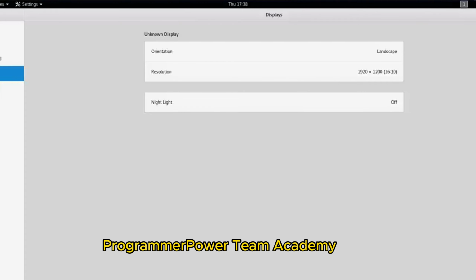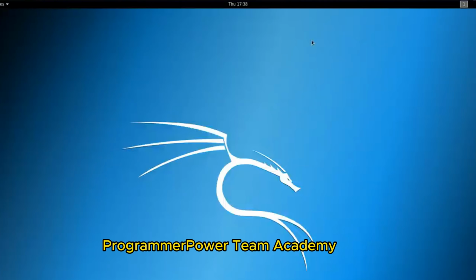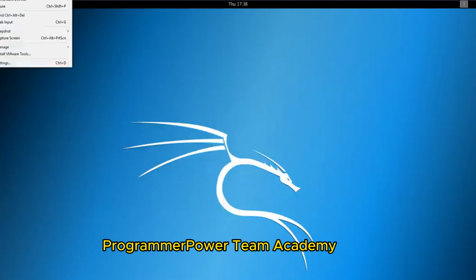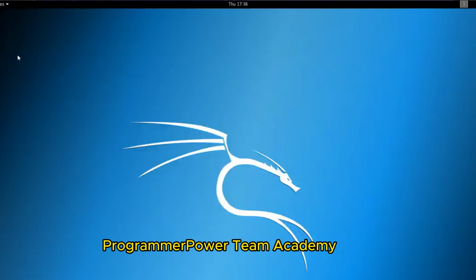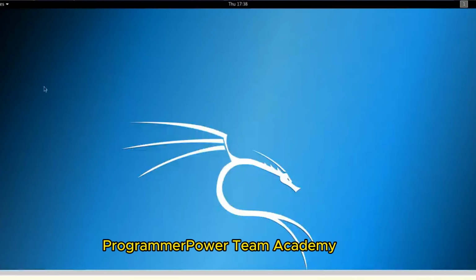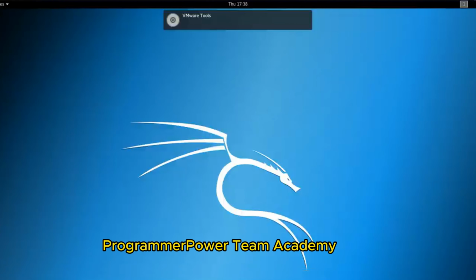I'm going to hit keep changes. Awesome. Alright, now to install VMware Tools, it's really simple. A lot of people mess this up. The same thing goes with VirtualBox. So what you want to do is go into VM in the toolbar right up here. Just go to VM and hit install VMware Tools. Now once you hit that, it's going to load